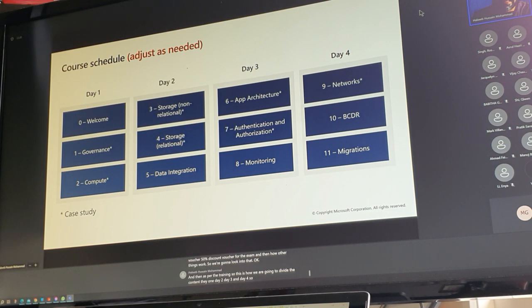So all these 4 days, we are going to cover all the topics. Like I said, day 1 is all about governance and compute. These are the two topics which we're going to cover. Approximately, it will be 1400 hours, which means 2 p.m. Singapore time. By 10, we'll be done with our discussions and the lecture, after which it's going to be a